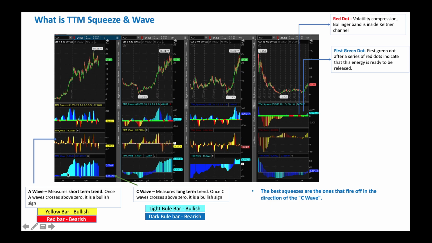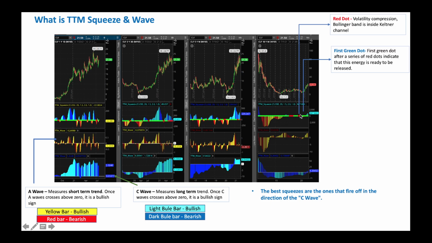I also talked about the red dot here. The moment you see a red dot, here you see a series of red dots, that tells you at this time there is a very tight volatility compression. At this time the Bollinger Band is inside the Keltner channel. So basically the market is really in a tight compression. Energy has to be released at this point, but we don't know whether it's going to be to the higher side or